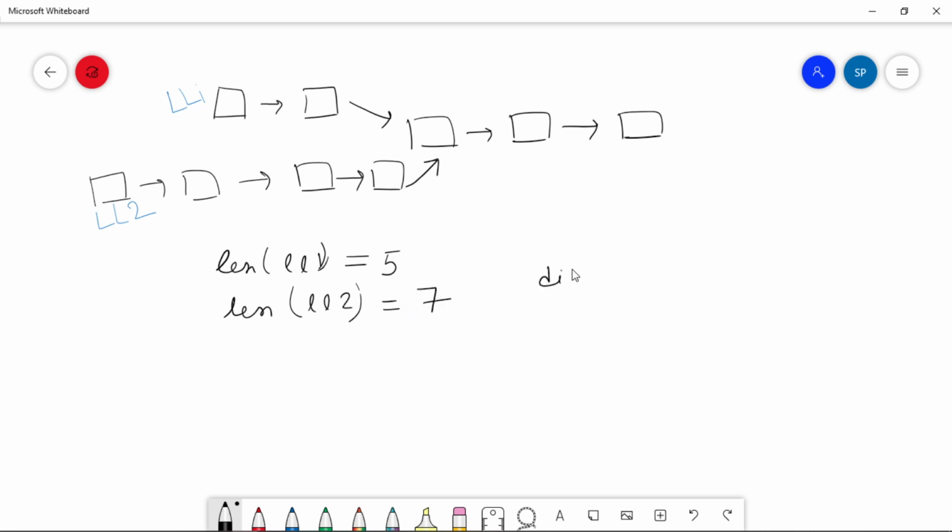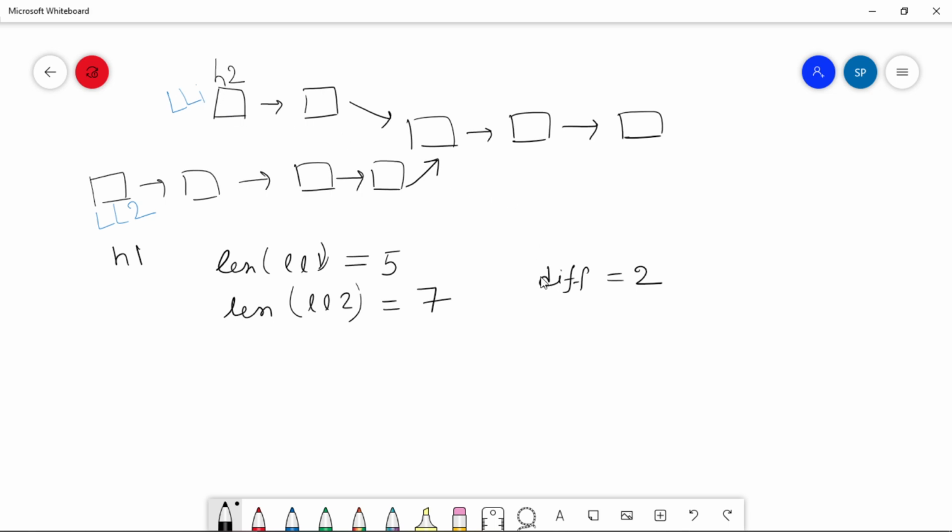So what is the difference? That is 2. Initially, header 1 will point here and header 2 will point here. In each situation, h1 will always point to the bigger linked list. So h1 will point here and h2 will point here.